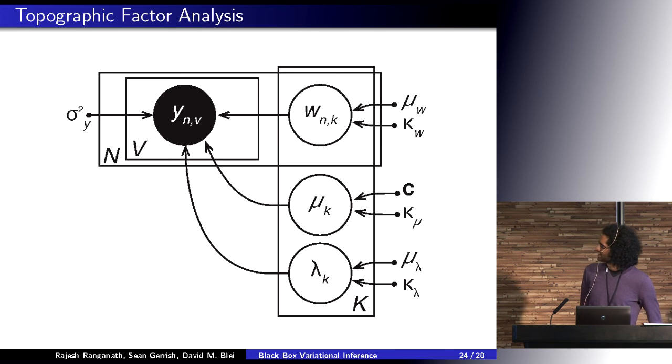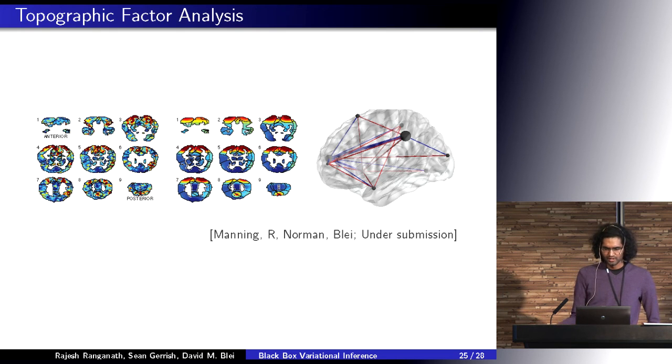model called topographic factor analysis, which is a factor analysis, but in the spatial sense, where here we have k components. They have some parameters. In this case, it's the center and width of a radial basis function. And those images are generated by a linear combination of the weights through the radial basis function. That nonlinearity makes inference in this model difficult, especially if you want to tweak around what that function is. You'll need a new approximation every time. But with black box variational inference, we were able to actually recover that network that we saw on the previous